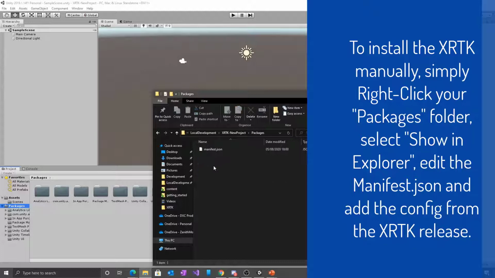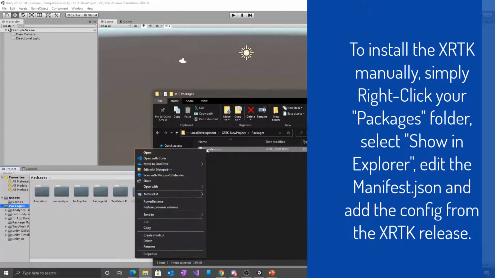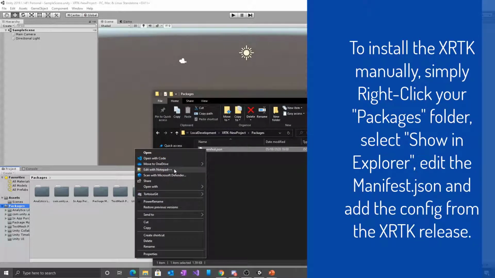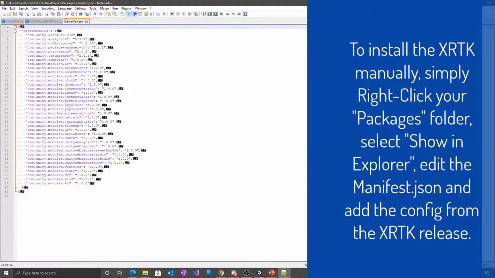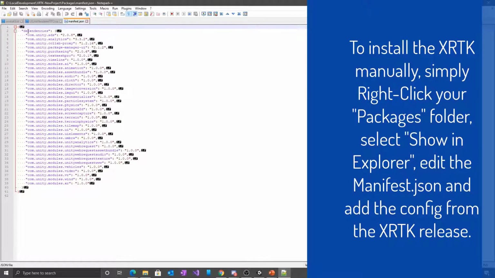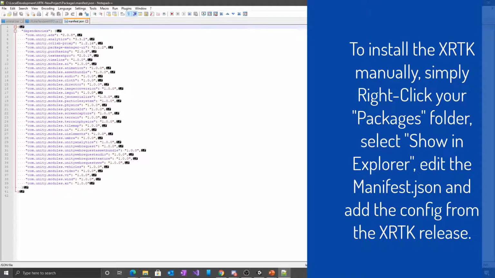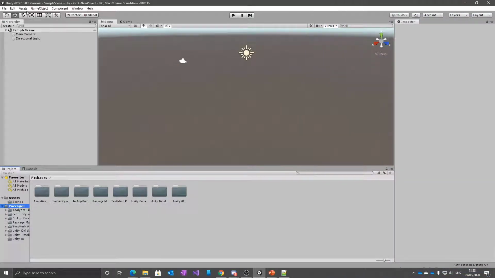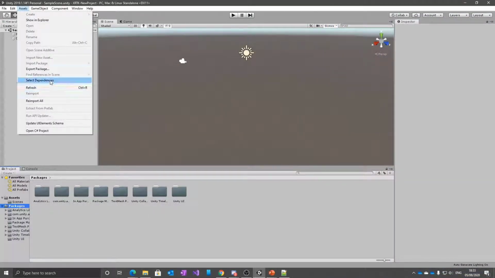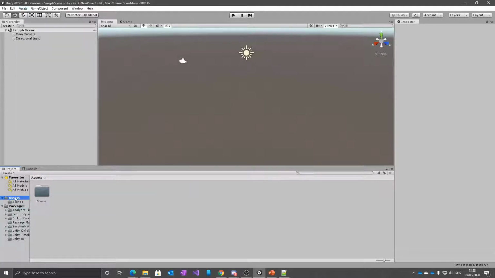I go into here. There's my manifest.json. I edit it with what I want to use. I use Notepad++ here. And then I can copy what we had on the page simply into the top of this file. Generally, that can get a bit messy. So the easier way to do this, if I go back to Unity, I simply go Assets and select my